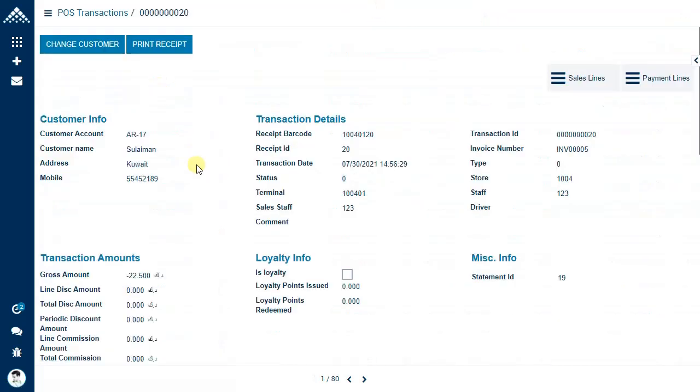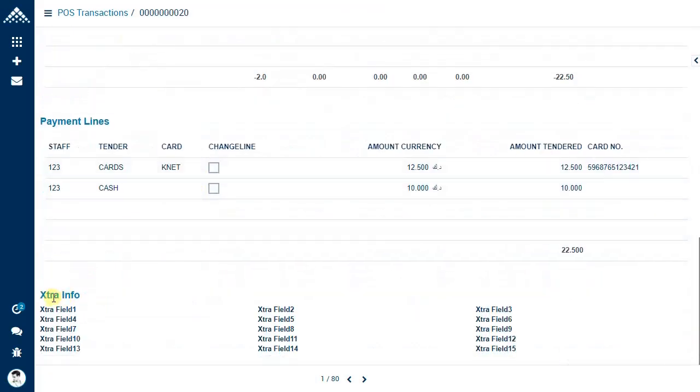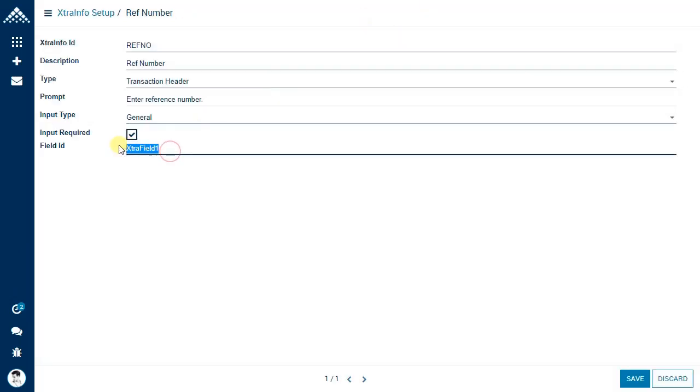I'll click any of the transactions, and below you can see extra info, right? There are 15 extra info fields available. For this example, I have chosen extra field 1. So when the transaction has captured this information, reference number, where that information should be set is what we are explaining here, that it should go to extra field 1.